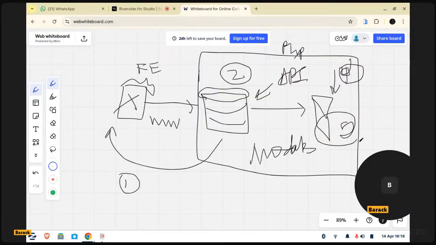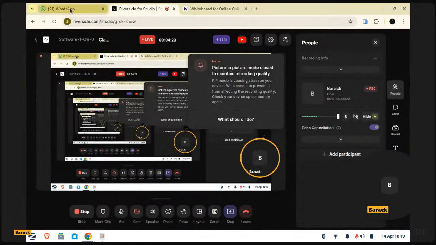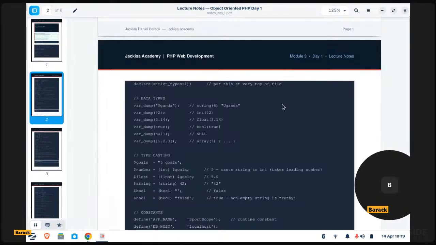So we have a puzzle of five things, and we've so far covered one. What we're going to learn covers the remaining ones, and then we shall only be left with MySQL. So, coming back to our notes,